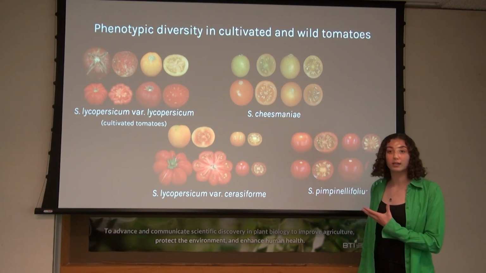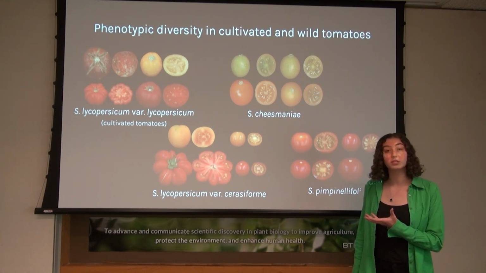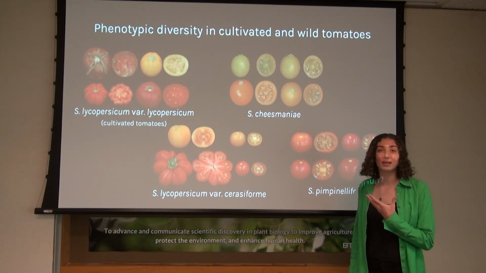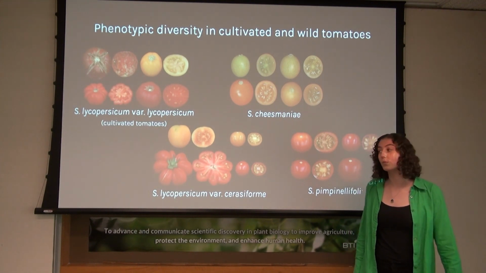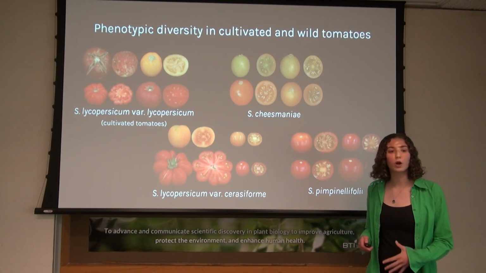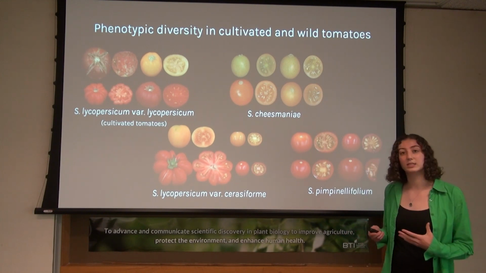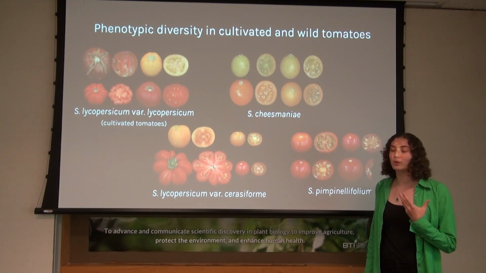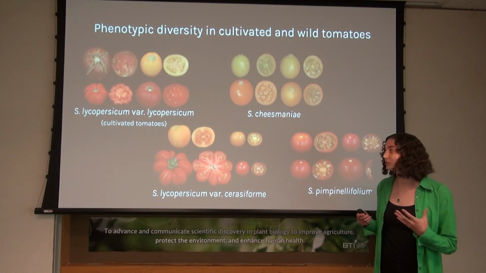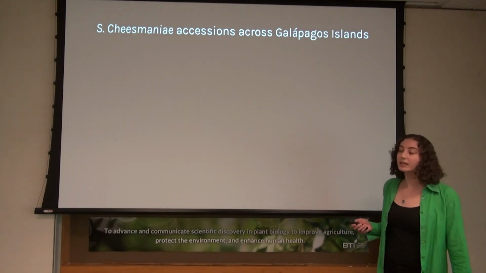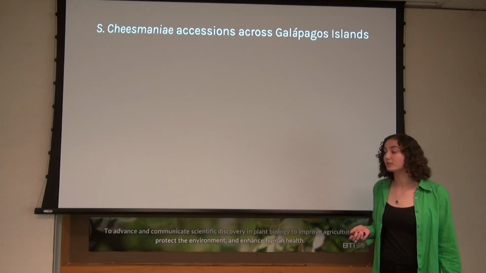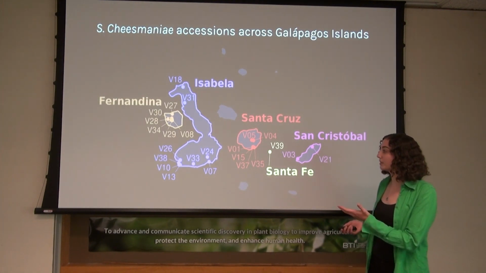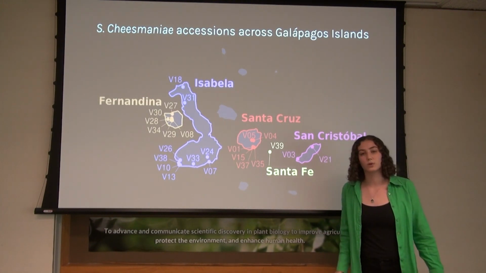Solanum cheesemanii and the other species native to the Galápagos, Solanum galapagense, are important and interesting because they actually grow in a variety of harsh environments, which makes them resistant to things like salt. So we're studying these tomatoes and we want to see how we can measure the phenotypic diversity. When looking at Solanum cheesemanii, we have 25 different accessions that we're using. This is a map of the Galápagos Islands showing where all of the different accessions came from,